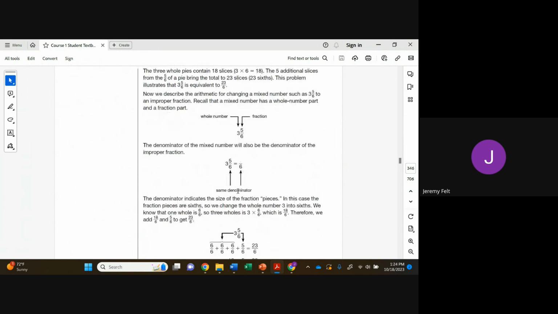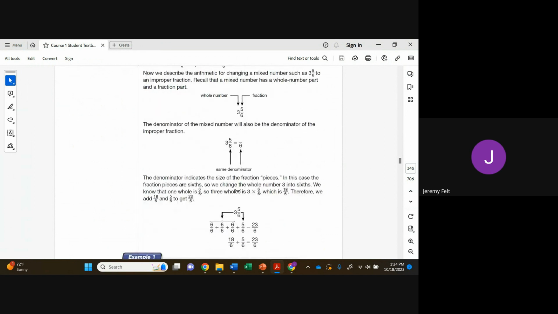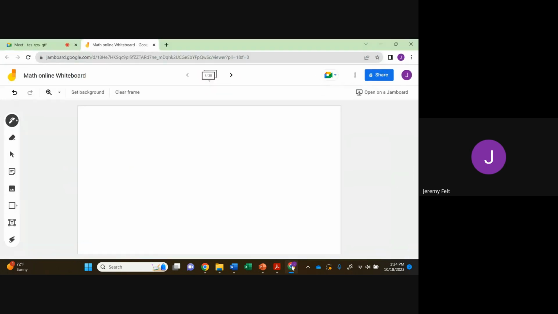So, how we convert these: 6/6 plus 6/6 plus 6/6 plus 5/6 equals 23 over 6, and we can't reduce that. So 3 and 5/6 is equal to 23 over 6. Now, how I would do that,